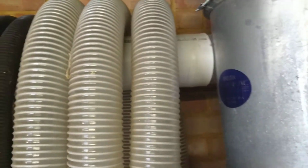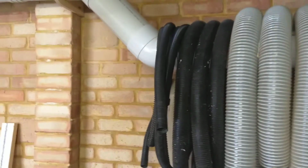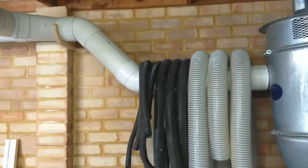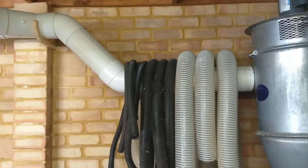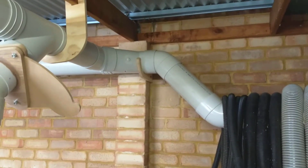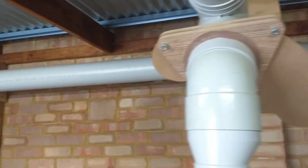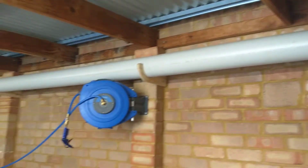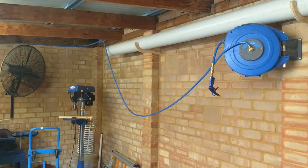It's currently also being used to hold hoses, which you can see here, but if I pull back a little bit, you can see that PVC pipe. I tried to get the straightest run that I could before I went to the 45-degree elbow and another 45-degree elbow, which essentially feeds the top trunk in the shed. And this trunk goes down the 8-meter length of my shed